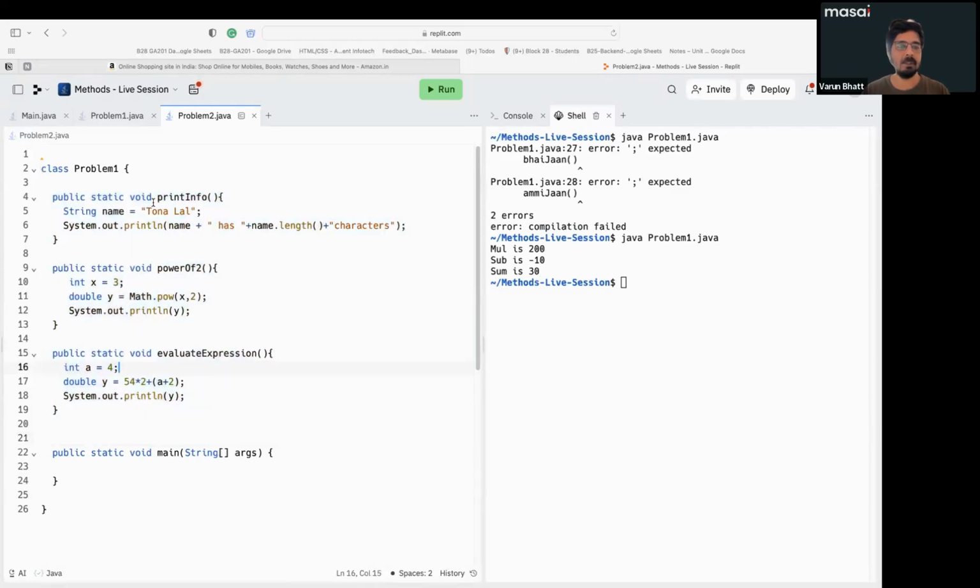And now if I just write here print info, if I calculate power of 2, I just need to write this thing. So basically print info power of 2 and evaluate expression, and when I call it, I will get my